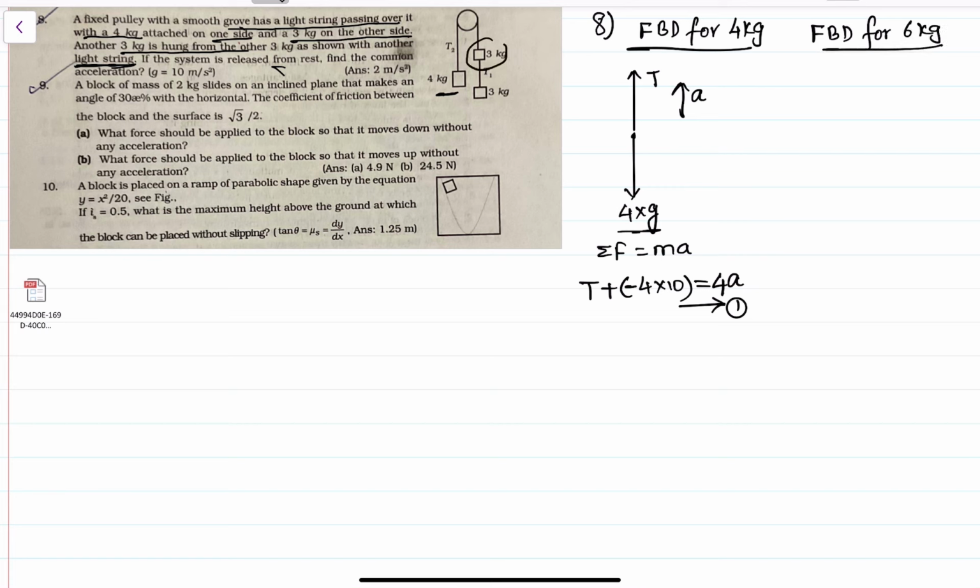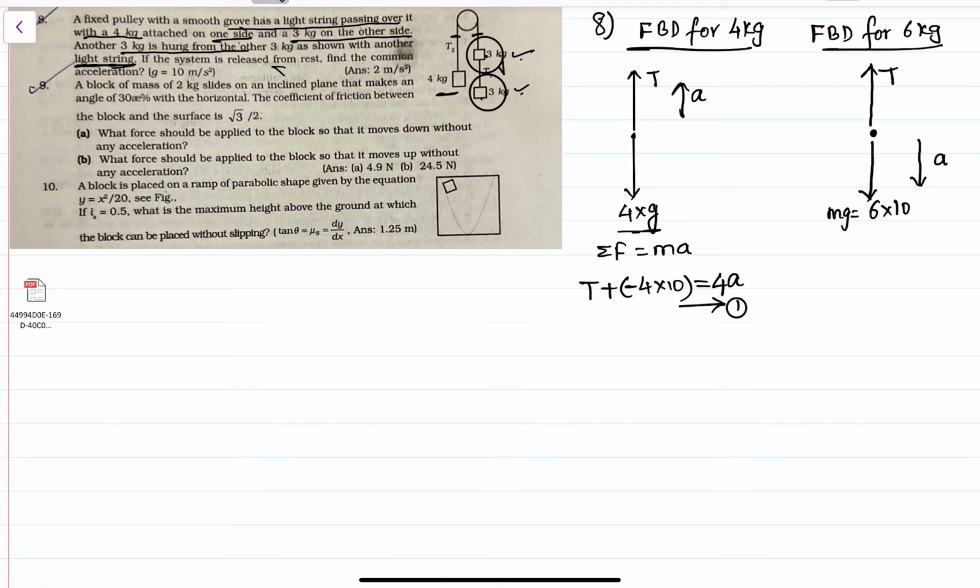On the right side there are two objects, 3 kg and 3 kg, and it is mentioned that the mass of the rope in between the 3 kg and 3 kg is negligible. So I am taking one mass which is equivalent to 3 plus 3, that is 6 kg. The weight is 6 into 10 in this case. Upward is tension. The left side object and right side object are attached with the same rope, so tension is upward and acceleration is in the downward direction in this case.